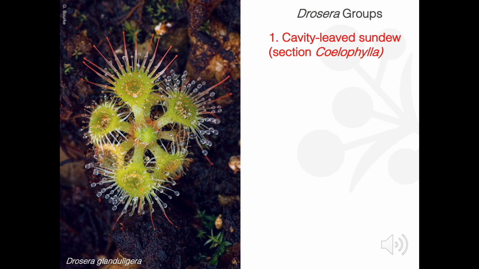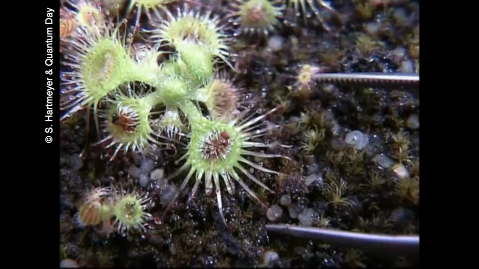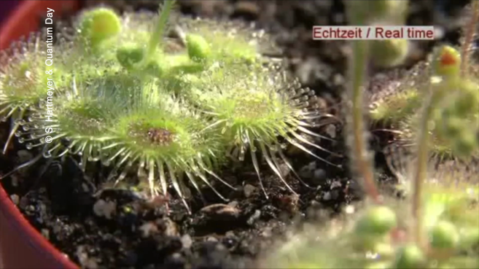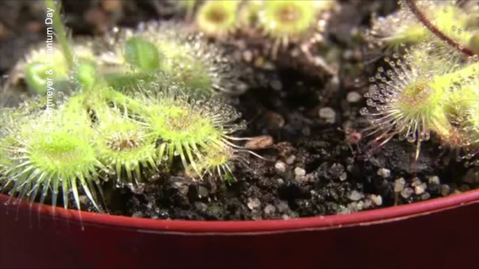These glands are thigmotropic, which means that they respond to touch, and when they are touched by insects, they dramatically bend at the midsection, snapping the head of the tentacle into the cup center of the trap and taking the animal with them. The following video from YouTube is a little bit blurry, but it illustrates this point well. It's quite quick to progress. Incidentally, thank you to Siegfried Hartmeyer and Quantum Day for these videos. In the first series, you can see the hairs triggered by some forceps, but in the second, you can see fruit flies being flung into the middle of the leaf.